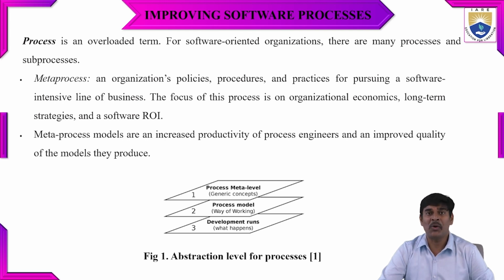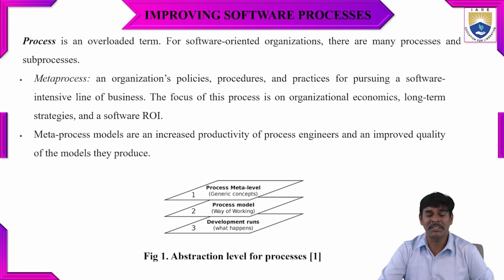So that's why we can call it an overloaded term here. For the software-oriented organization, we have many processes and different types of sub-processes. This process is divided into three types: meta process,